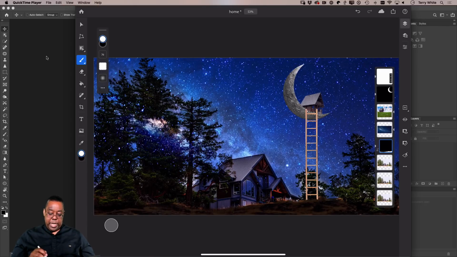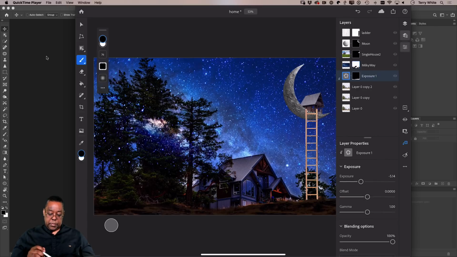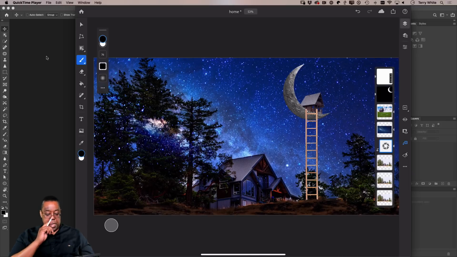All right, so now if I go back, go to that adjustment, and not make it so dark, then I can control just how dark the ground is. All right, great. Okay, last but not least, let's